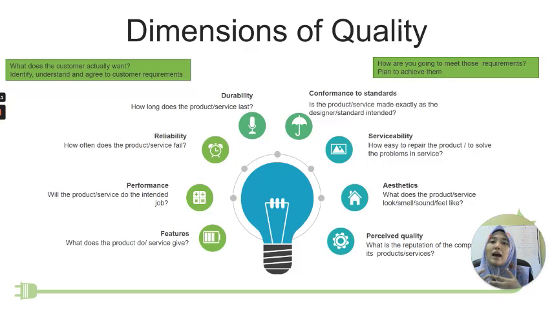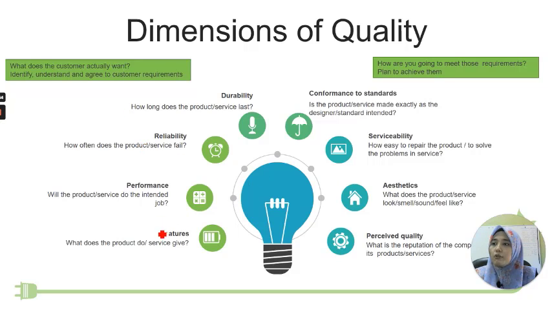Okay. So how are you going to meet those requirements? Kita plan how to achieve them. Melalui perbincangan bersama kumpulan, melalui research and design, research and development. So barulah kita akan dapat untuk meet the satisfaction of our customer. So what happen if we didn't do that? So macam contoh yang tadi lah, macam contoh Nokia dan Sony tadi, tenggelam di zaman. Okay. So these dimensions of quality is, these are the questions that you can ask yourself. You can ask your team and you can ask your organization lah, and how to improve the quality.